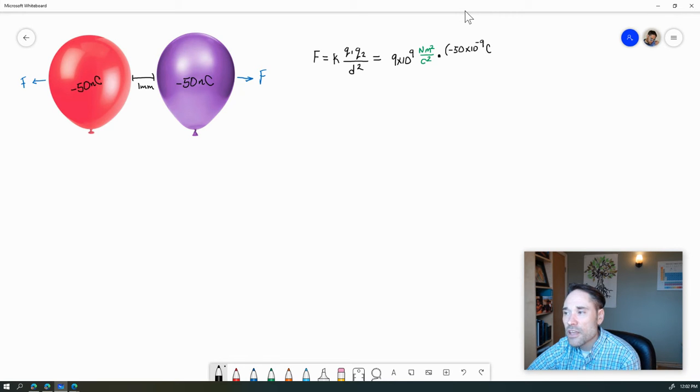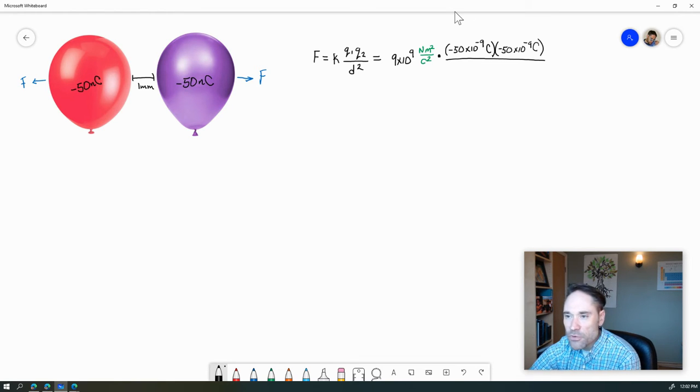And now I'm working in coulombs. That nano means times 10 to the negative 9th. It is a billionth of a coulomb itself. I'm going to put my parenthesis back. And then the second one is the same, so I'm going to put it in there again. Negative 50 times 10 to the negative 9th. Now I'm working in coulombs instead of nano coulombs, which is good. And then I'm going to divide this whole thing